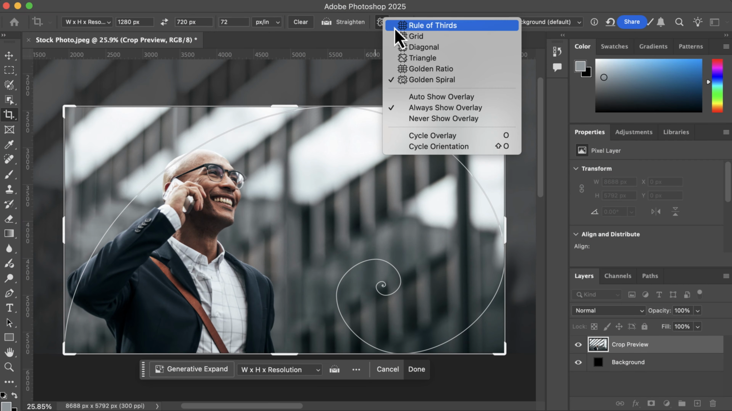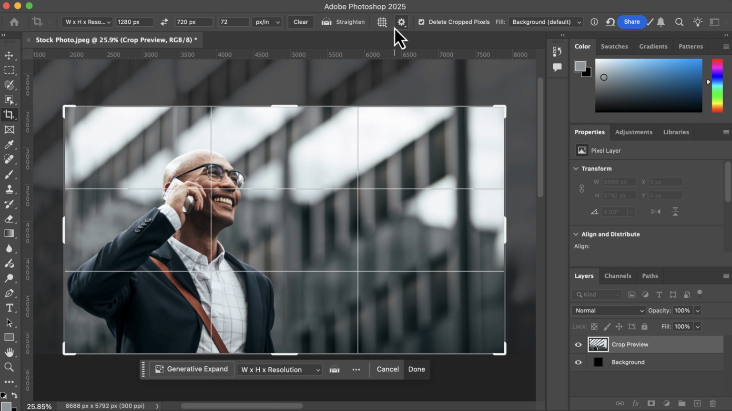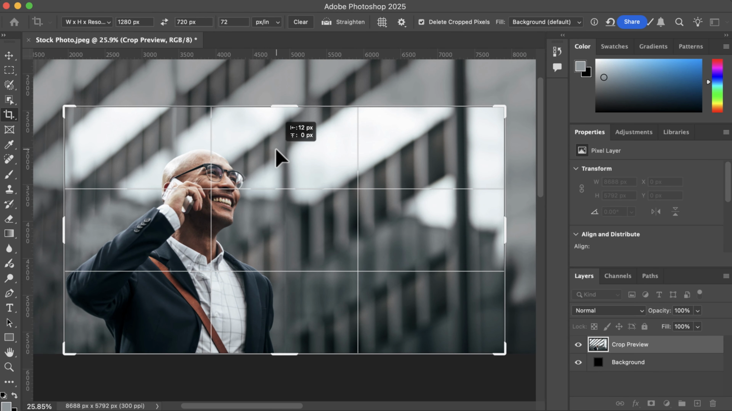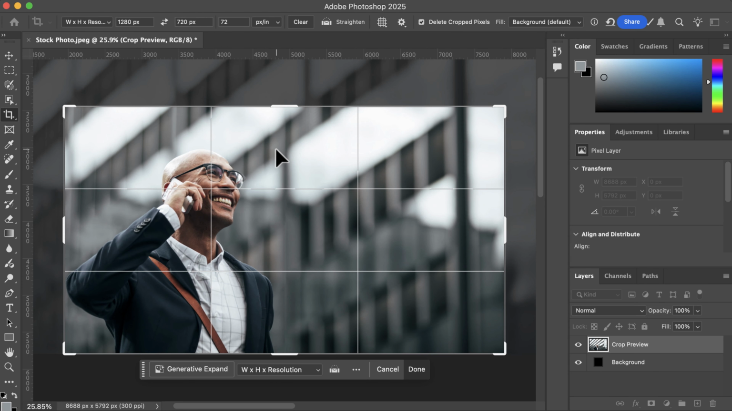Now let's apply one of these guides to our image. For this example, I'll use the rule of thirds. I'll position the subject so that their face aligns with the left vertical line and their eyes are near the upper horizontal line intersection. This leaves space on the right for text and creates a balanced composition that's pleasing to